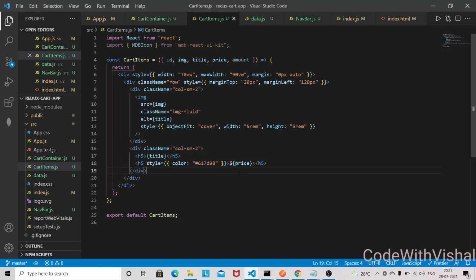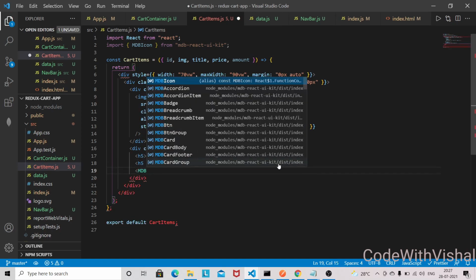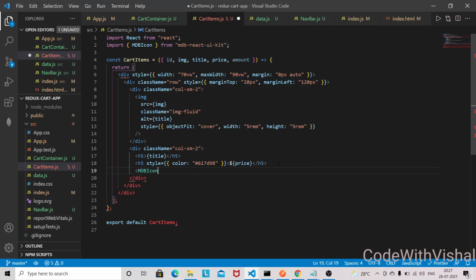Now the next thing we have to work on is the icon part, that is the delete icon part. So MDBIcon, and this will have the closing tag only, and the fas icon will be trash, and it will have inline style as well here.